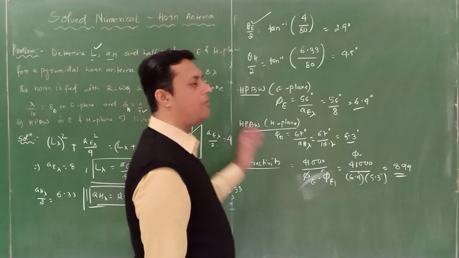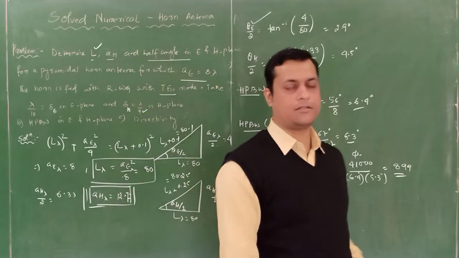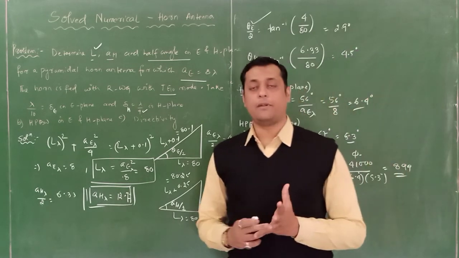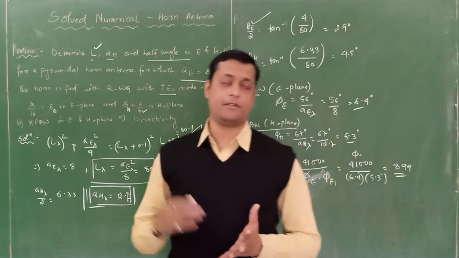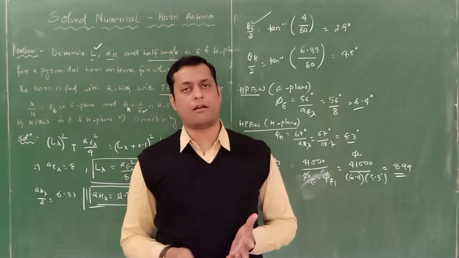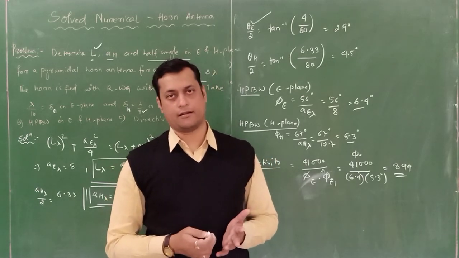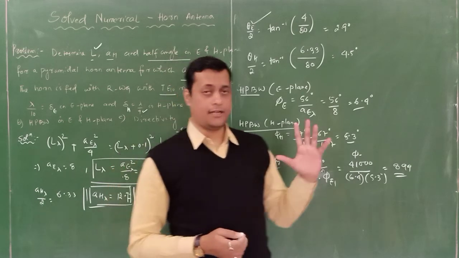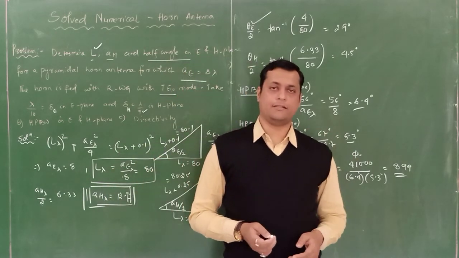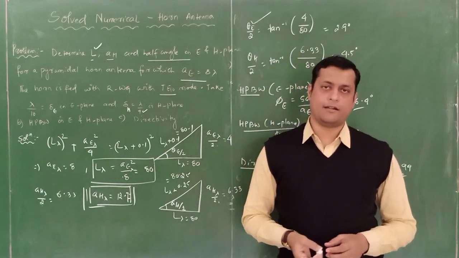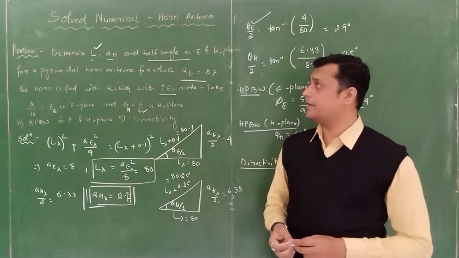Okay. So these are the small questions, a variety of questions through which we can approach the horn antenna with respect to E plane, with respect to H plane, and with respect to both, that is called pyramidal horn antenna, as well as we can identify for the conical horn antenna. Okay. So till then, we try to practice this sort of questions. Next class we are going to discuss about the other antenna. Okay. Till then, thank you.